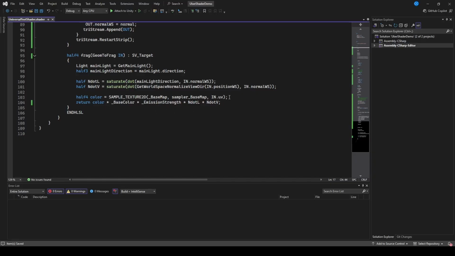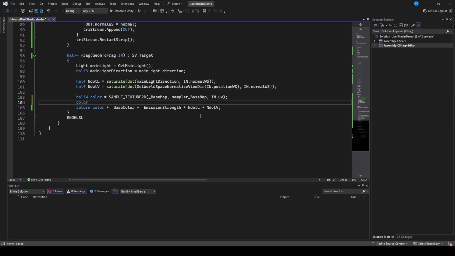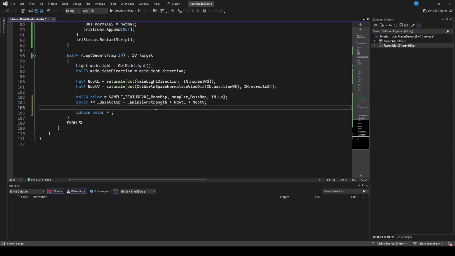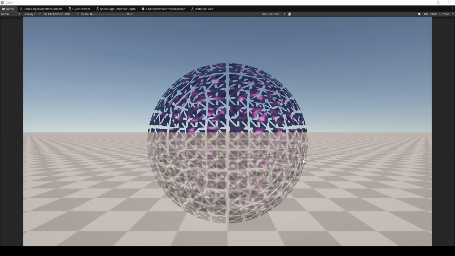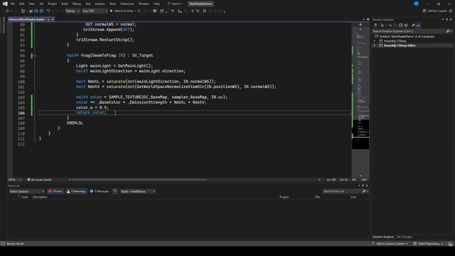So if we want to do that, what we're going to do is, instead of having this be here, we're going to do color times equals. We're going to put that there. And we're going to say color.a equals 0.5. The reason why it was looking weird was because the alpha was actually overlapping, and alphas start getting a little bit strange when they go past 1. So now we've set the alpha to be 0.5 for the whole thing. I could also change this to be,